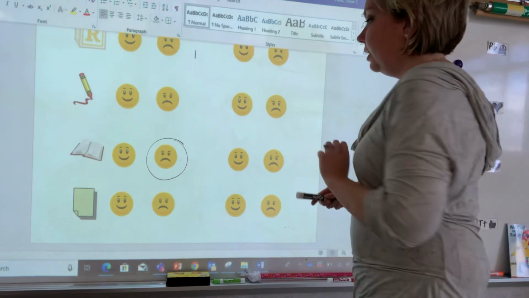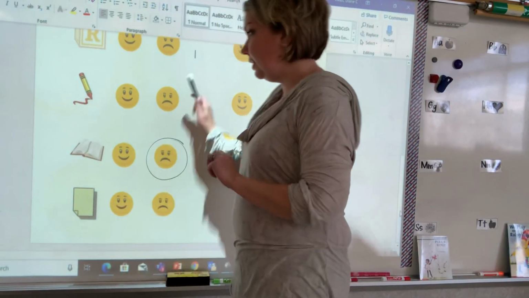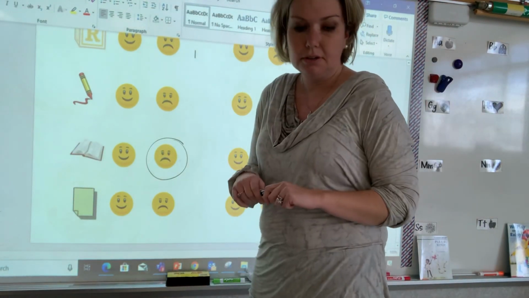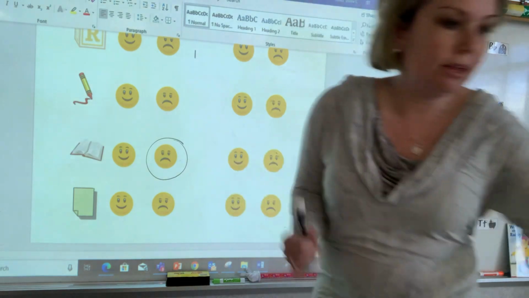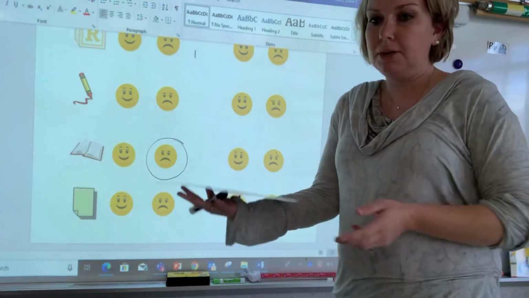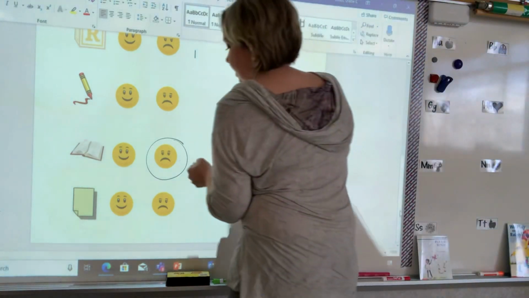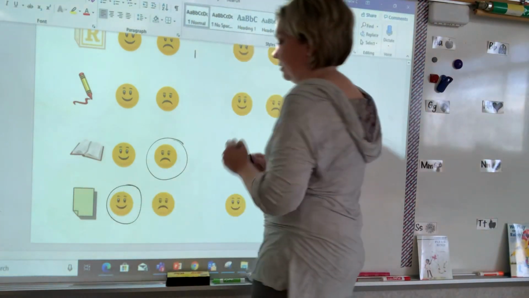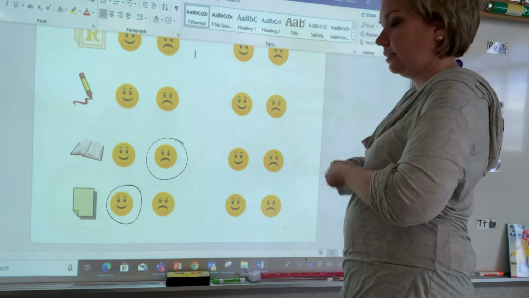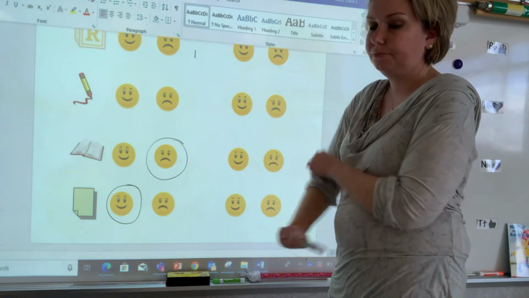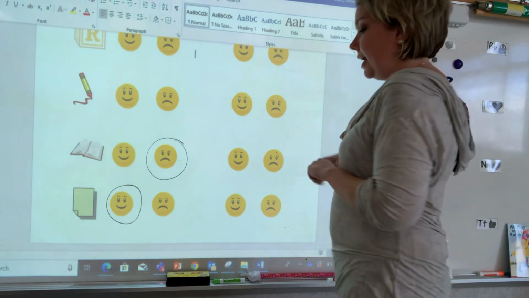Okay. And look at your paper, and it could be this sheet of paper. If you think the wind could blow a sheet of paper, put a smiley. If not, put a frowny. Put what you think. Now,